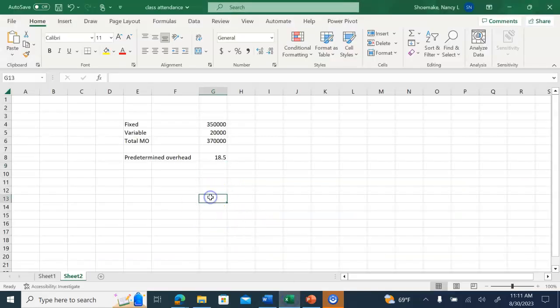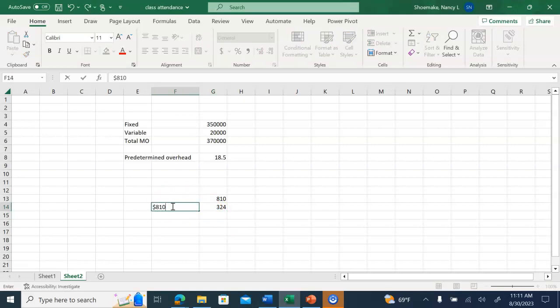So wouldn't we take the $810, and if we mark it up by 40%, 810, sorry, not 840, times the markup of 40%. So this is going to be the 810 times 40%. So wouldn't we charge Mr. Wilkes